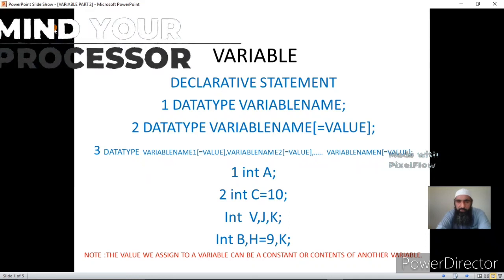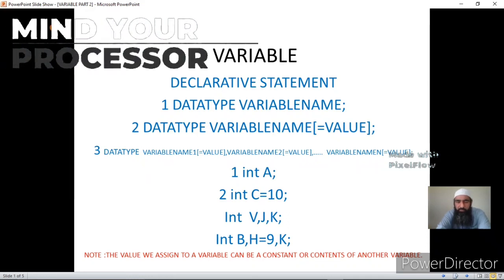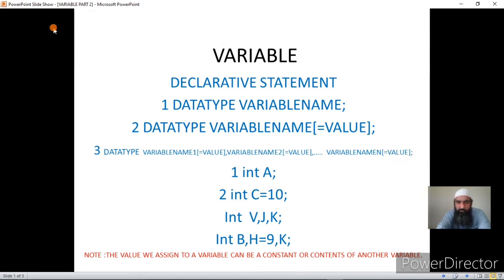Hello students, in the previous class we learned about variables. We know now a variable is basically a memory location. It is a hardware device and it is available to the programmer through a declarative statement. In the declarative statement, the programmer specifies two things for the memory location or memory register, that is